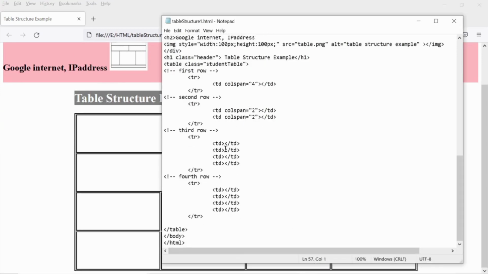Now the third row can be a little tricky. Let's try it with only 3 columns, but one column having a colspan of 2, as seen in the photograph or PNG file. The first column will remain as it is. We have to make the width of the column.